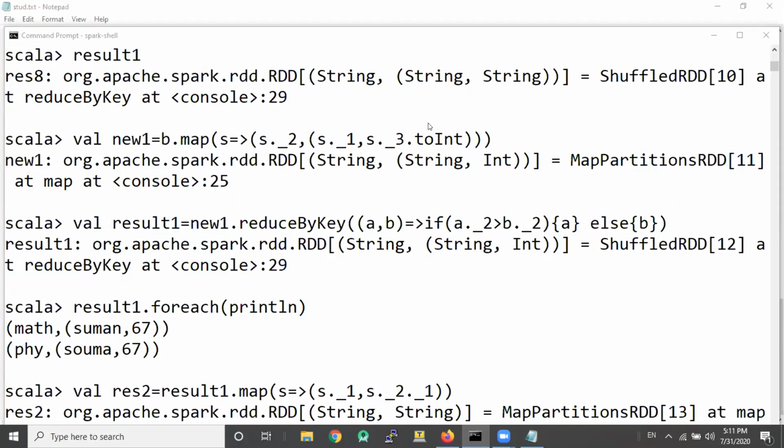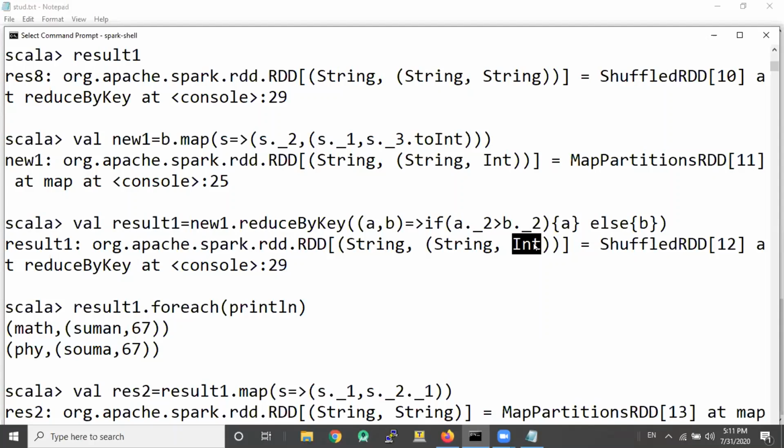We haven't used string for comparison. Look at it here. This is string, int. Can you see it's int? We changed that because we made it to int. Once we made it to int, the RDD has string and int in the inner tuple, and you are comparing the second element of the tuple, and that's an integer comparison. If you want a string comparison, it's always a lexicographic comparison, which comes earlier in the dictionary.